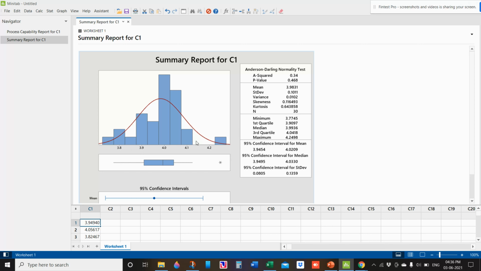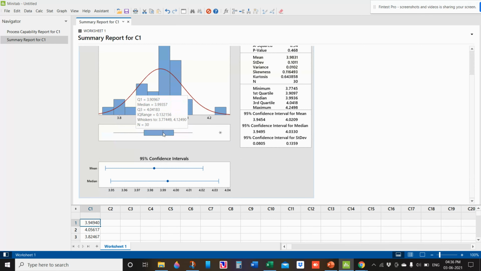And at the bottom we can see the box plot, where the star indicates the outliers, and this is the lower and upper specification limit based on the data. Then this is a median. And this is quartile one.